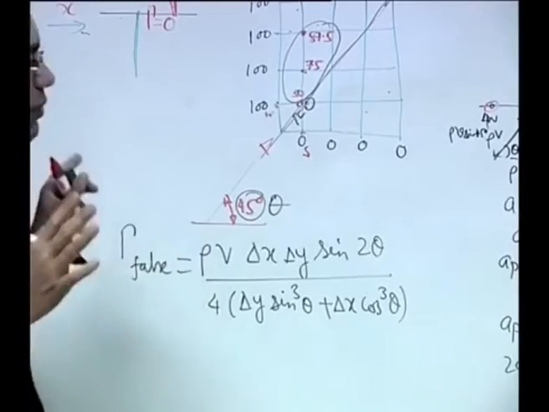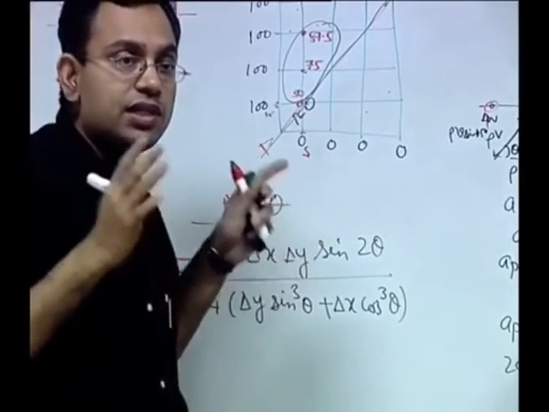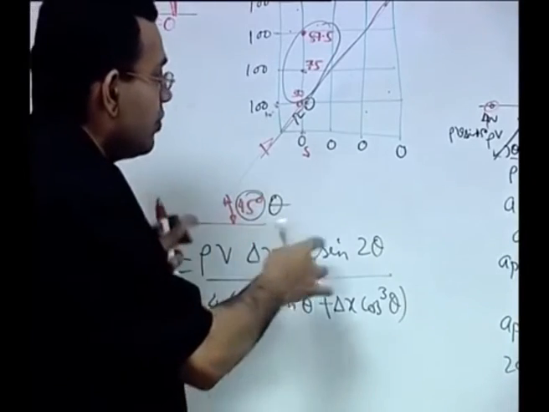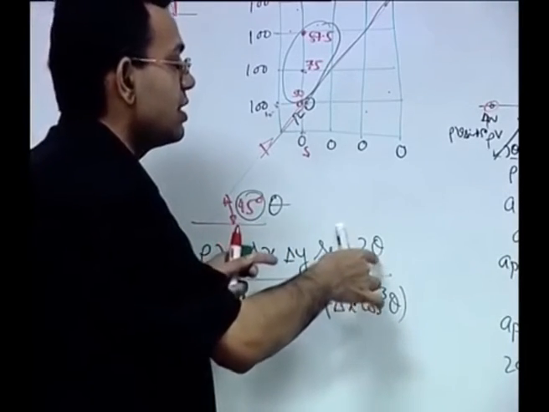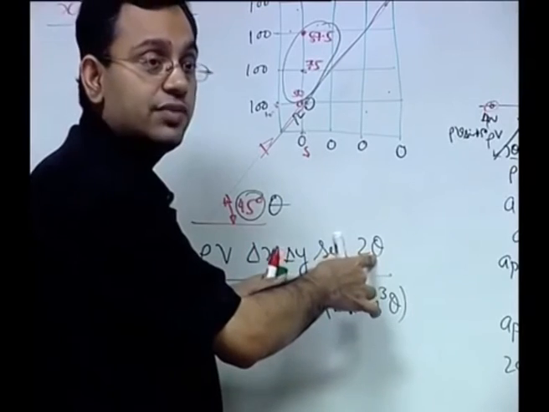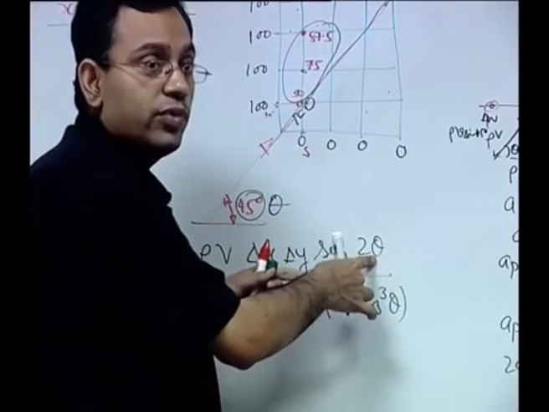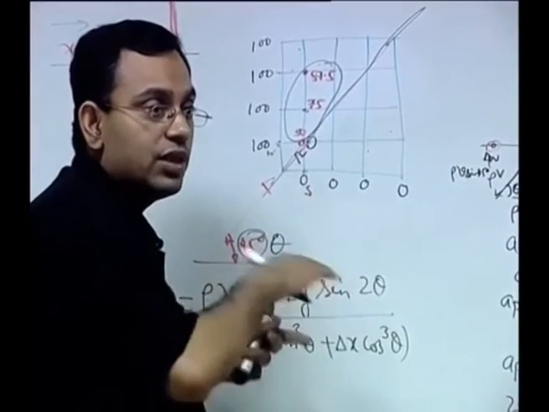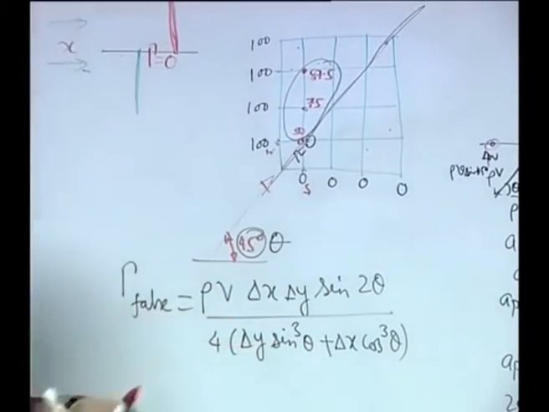It is not important for us to remember the formula. What is important for us is to understand that the false diffusion is governed by this angle theta, which is very important. So if you make this angle theta equal to 0, the false diffusion coefficient is gone, that is, when the flow is oriented along the grid lines.